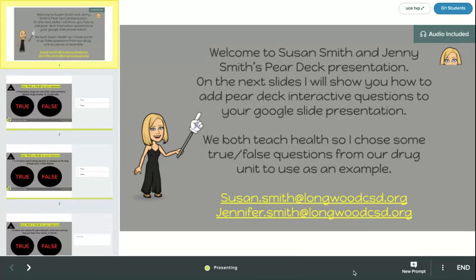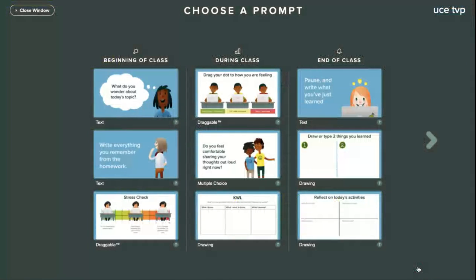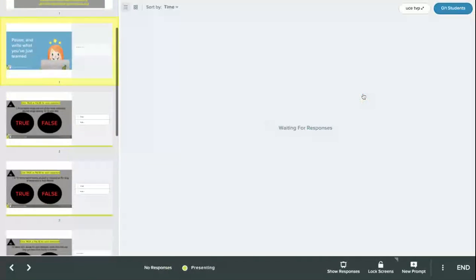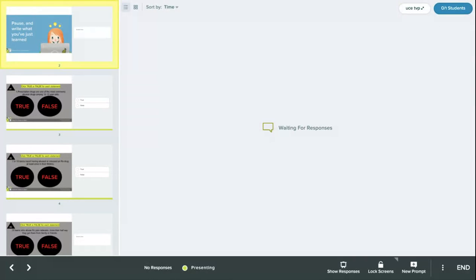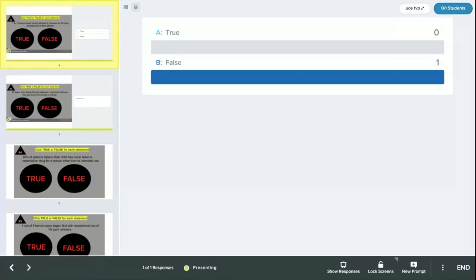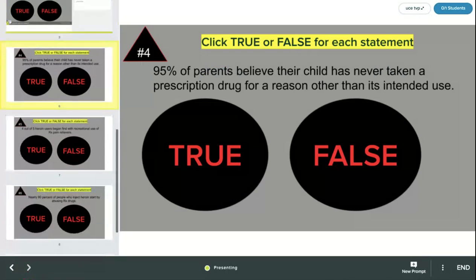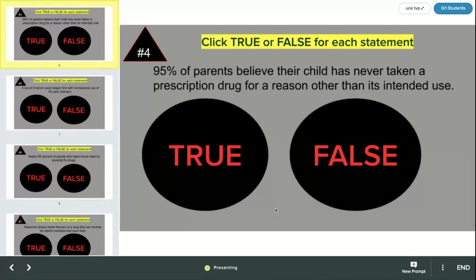And during the lesson, if you want to add a new prompt and you forgot, or there's a teaching moment where you want to add something, you can simply click on new prompt and add that, okay? And then students can type their responses up on the board in live time. That's another option that you have. Once everyone finishes or you finish going through the quiz or going through your Pear Deck,